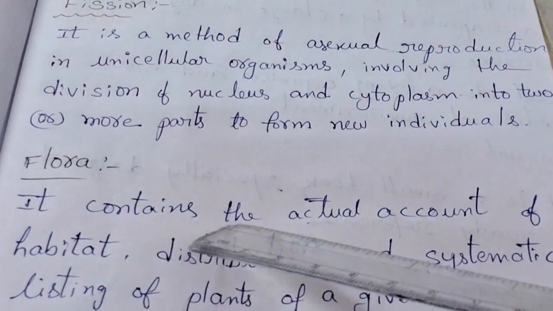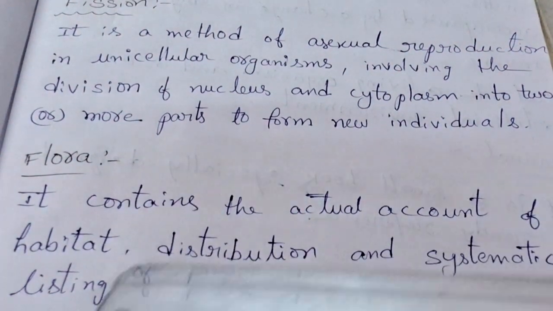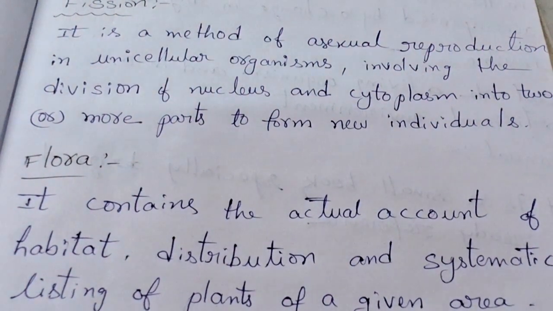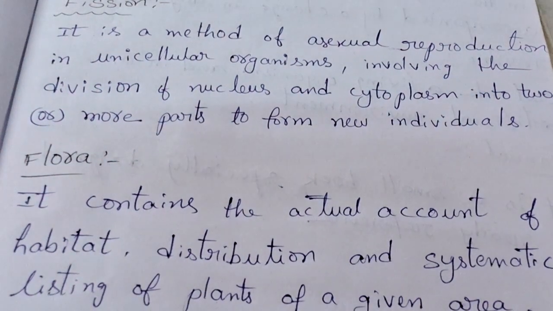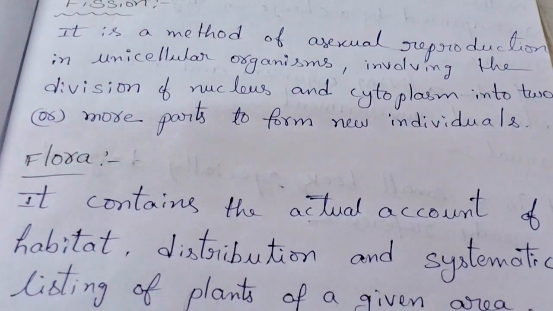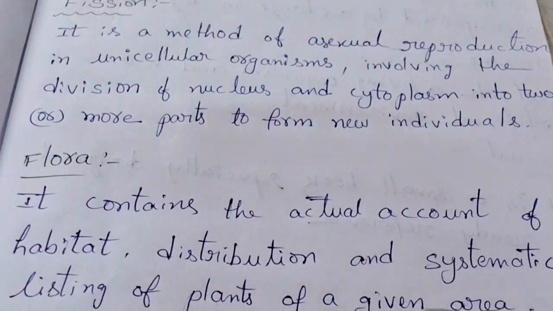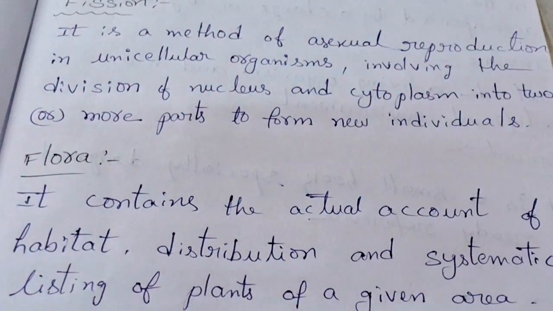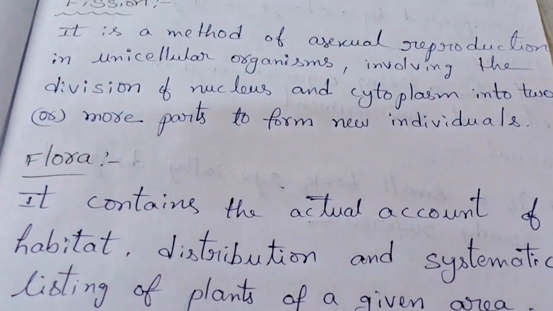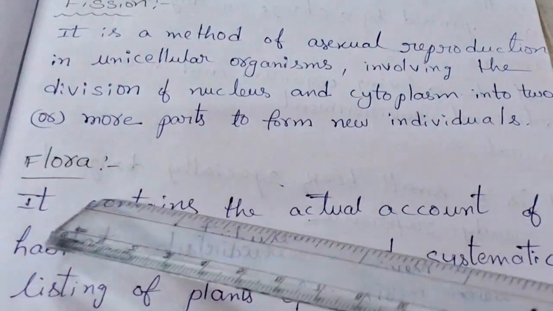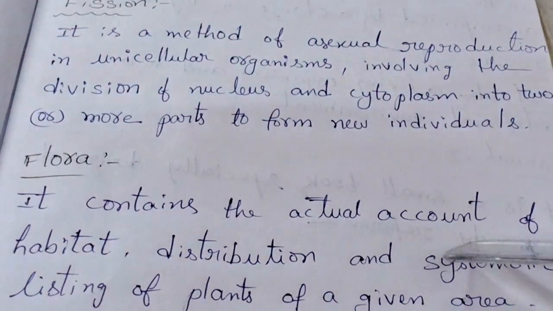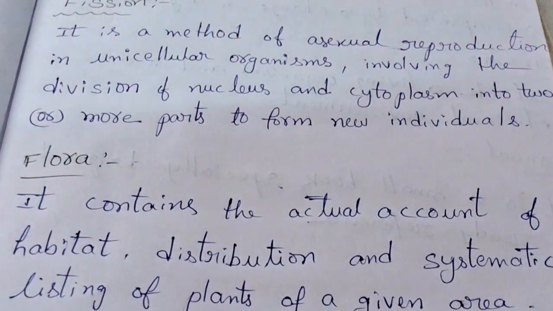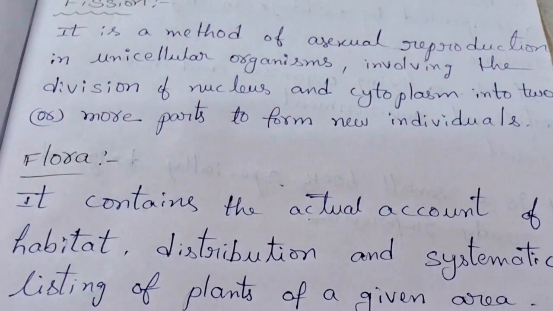Flora. It contains the actual account of habitat, distribution and systematic listing of plants of a given area. So in a particular area, some plants are present. All these plants, their habitat and the listing of plants come under flora. Again, it contains the actual account of habitat, distribution and systematic listing of plants of a given area. Next one is